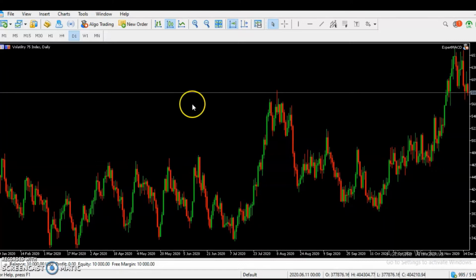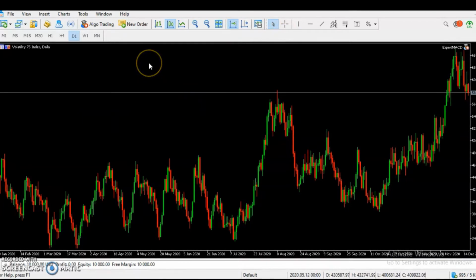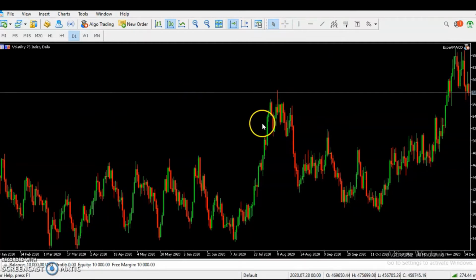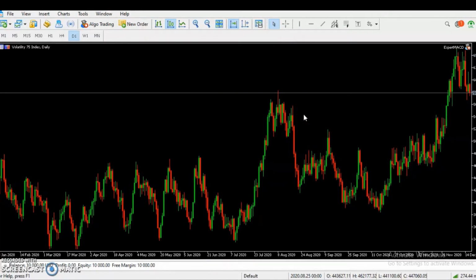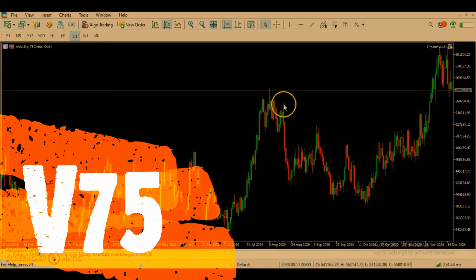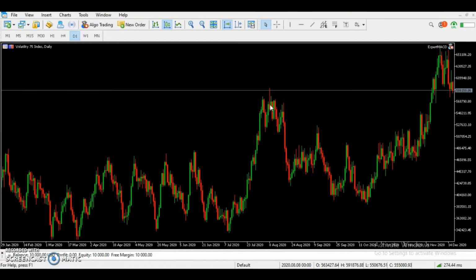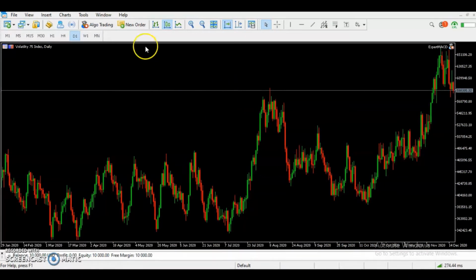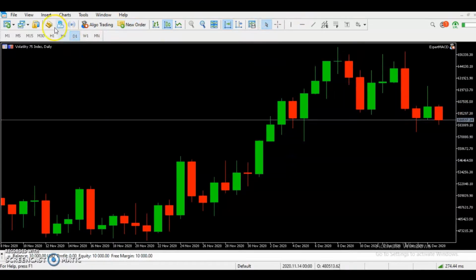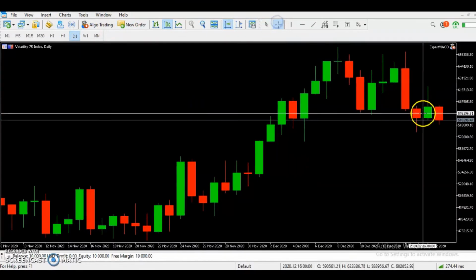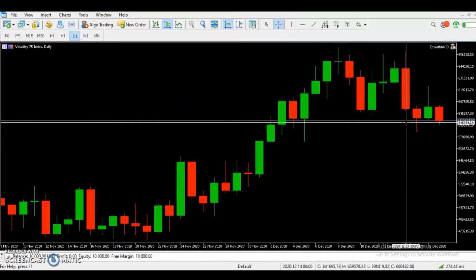So let's go back to our charts. This is the Volatility 75 index. I would not advise anybody who has not practiced or who is not experienced in the currency market to try the volatility indices. And the reason being, a day like, when was this? A day like 14th